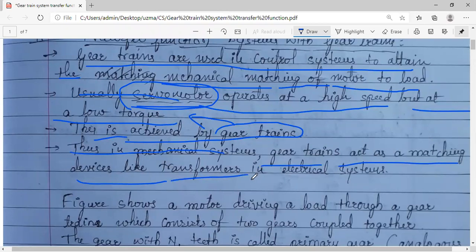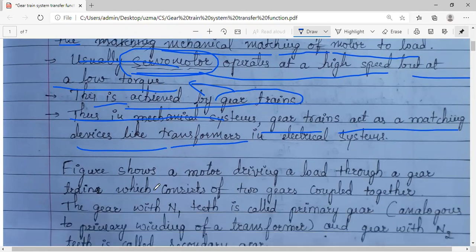As I said, in electrical systems, you have come across primary winding, secondary winding, right? Transformers, turns ratio, step up transformer, step down. So what is the function of a transformer? You know about it; you have studied it in electrical systems. The similar work is done here by gear trains in mechanical systems. Now, as an example, we will see how the transfer function is calculated for these gear train systems. Once you understand the mechanism behind it, you can solve the problems easily.